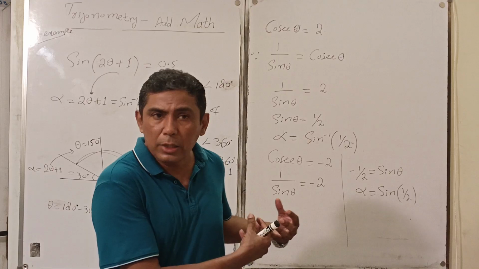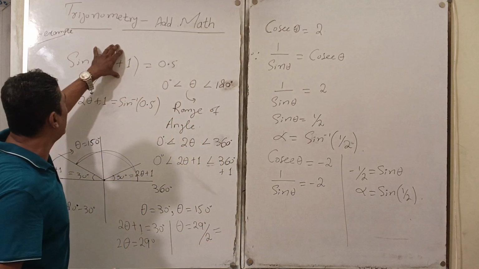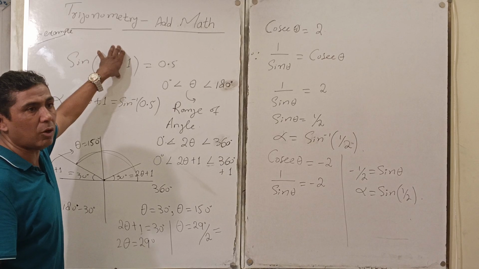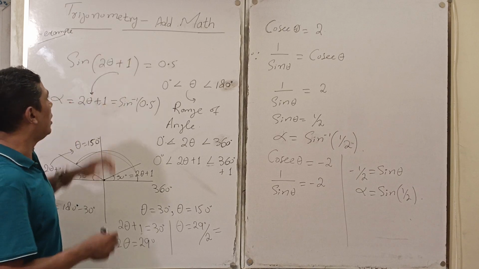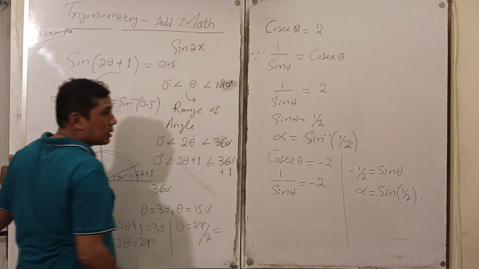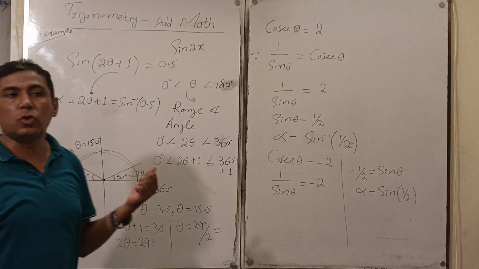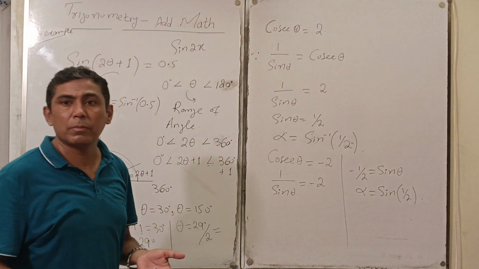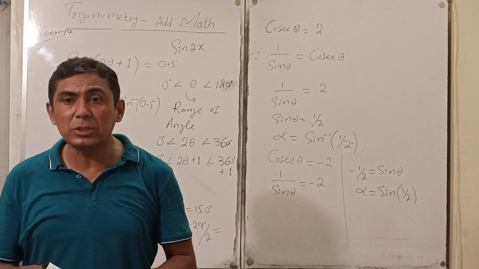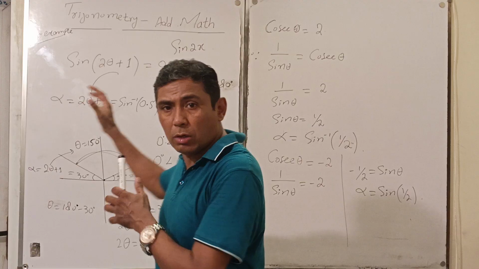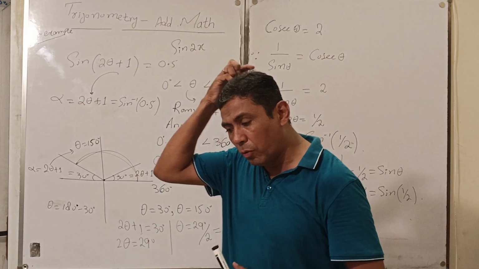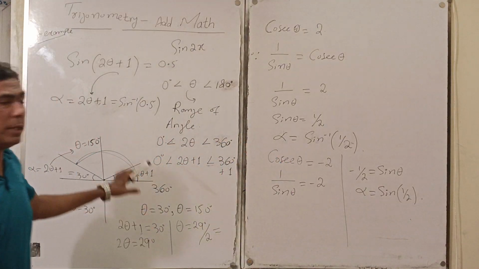if you have this kind of condition, with something else instead of theta or instead of x. Clear? Now you may have 2x in sin 2x, this can also happen. You may have 2 pi over 2 plus 1, this can also happen. So it depends on your conditions. When we solve the questions, everything will be cleared. Clear? Now we are moving forward. So can I rub it? Yes.